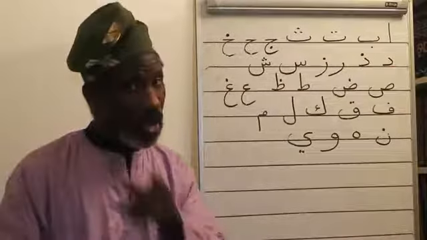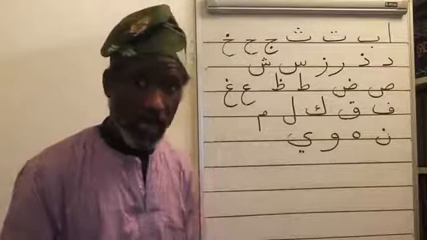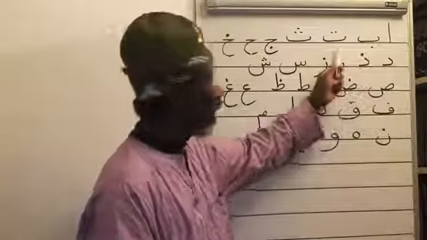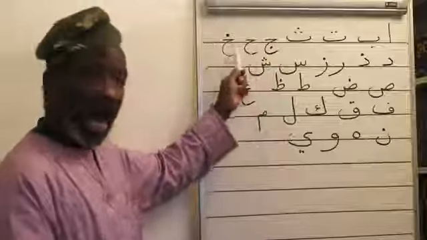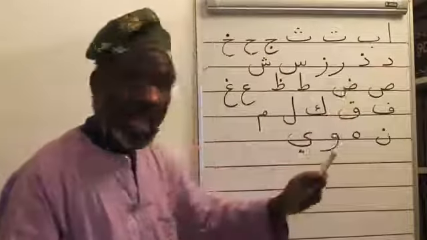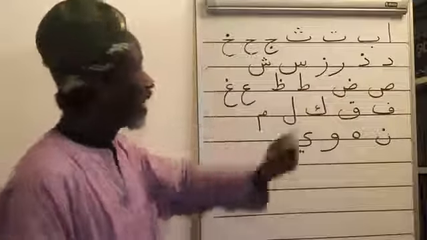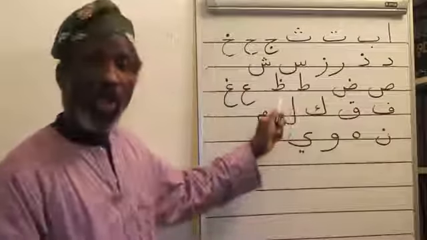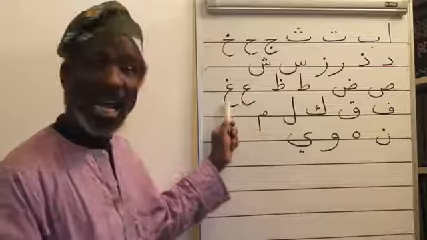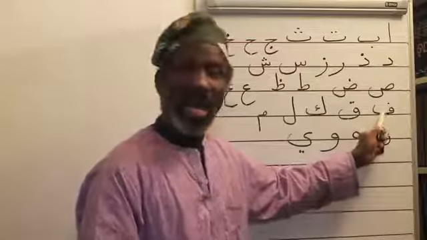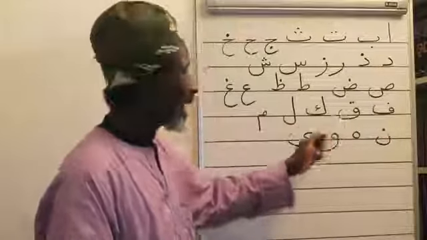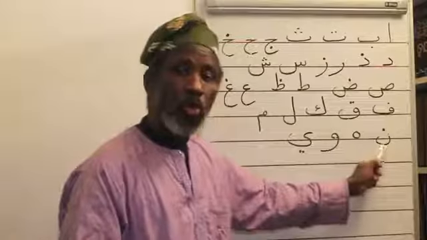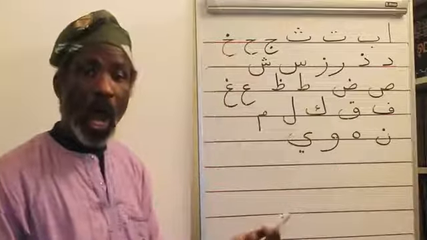Let's go through them. You have them on page 3 of the book. Now, together, let's read it. Alif, Ba, Ta, Tha, Jim, Ha, Kha, Dal, Zal, Ra, Zain, Sin, Shin, Sad, Dad, Ta, Dha, Ain, Ghain, Fa, Qaf, Kaf, Lam, Mim, Noon, Ha, Waw,